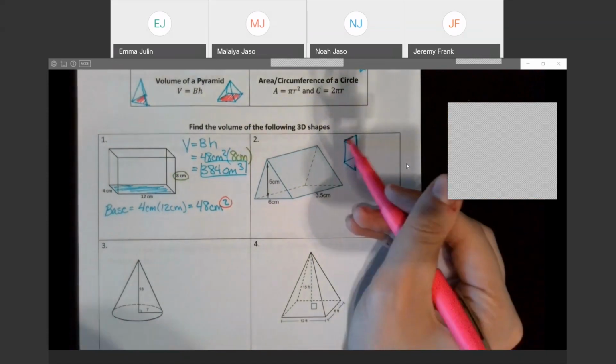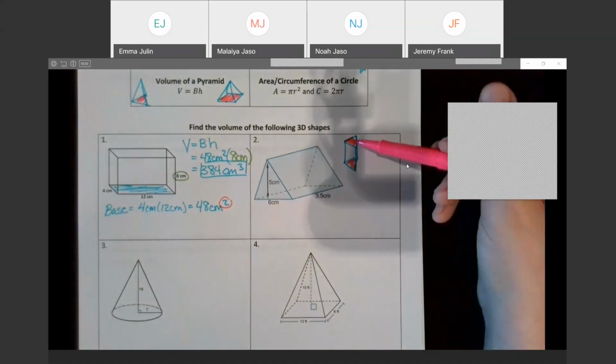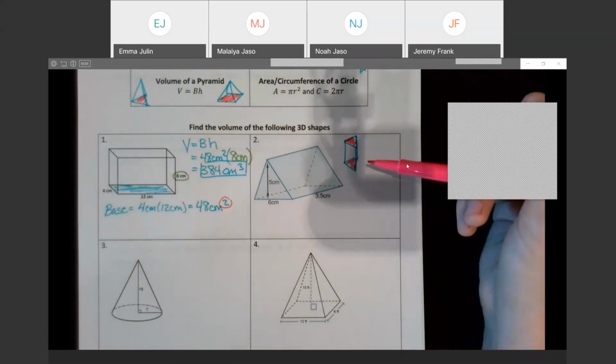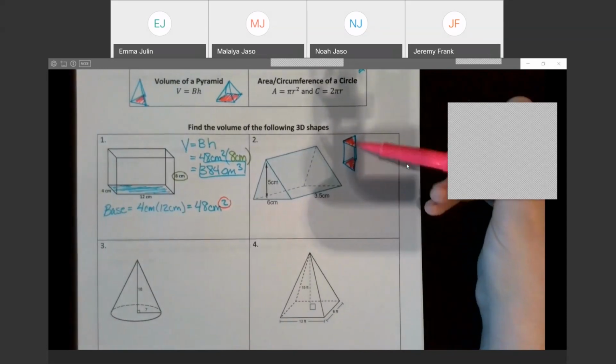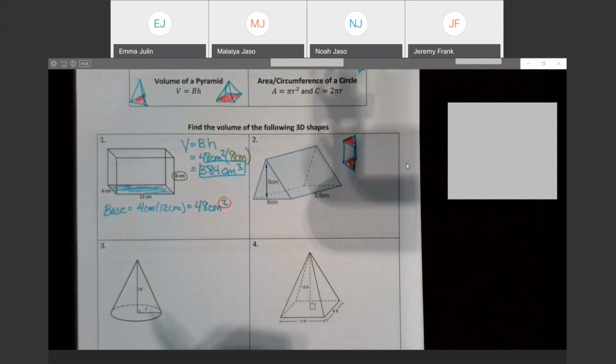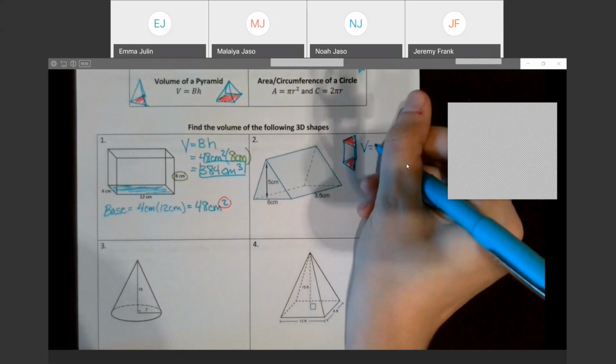That's what makes it a triangular prism. Prisms exist all around, but what makes them unique to be triangular prisms or rectangular prisms are these unique shapes on the top and bottom. So for here, when I write out my formula again, V is equal to base times height,